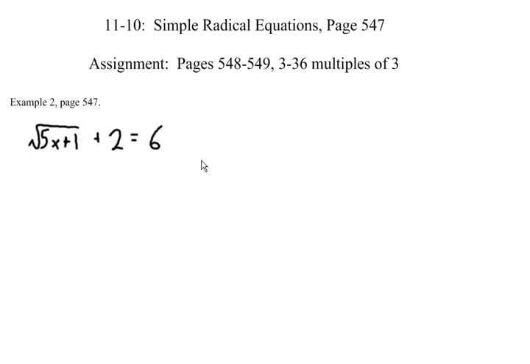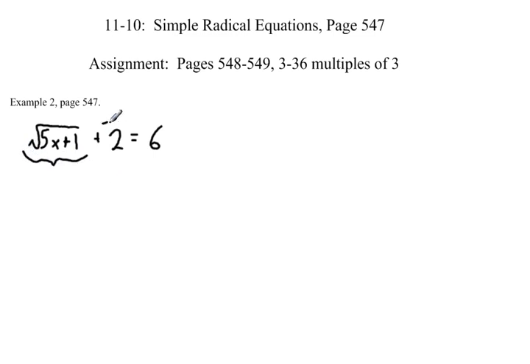In section 11-10, we're going to simplify radical equations and solve those equations. I want to start on page 547. We're going to look at example 2, and that is the square root of 5x plus 1, plus 2, equals 6. When you're solving these, what you want to do is isolate this part right here on the left